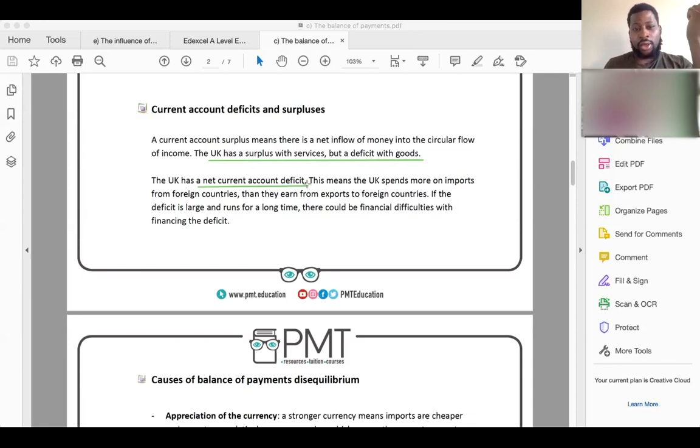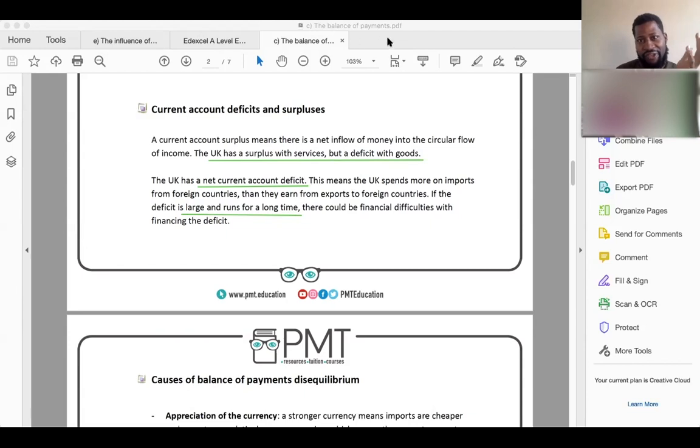Our current account. You can imagine that the value of goods will probably be higher because people need more goods than they typically need services. And the only kind of services that we really provide are financial services. So this is why it's a big problem. The fact that we have a current account deficit has implications for our finances as a nation. Because we're spending more on imports than we're making on exports, the deficit can become quite large over time, which then means we have to finance that deficit.